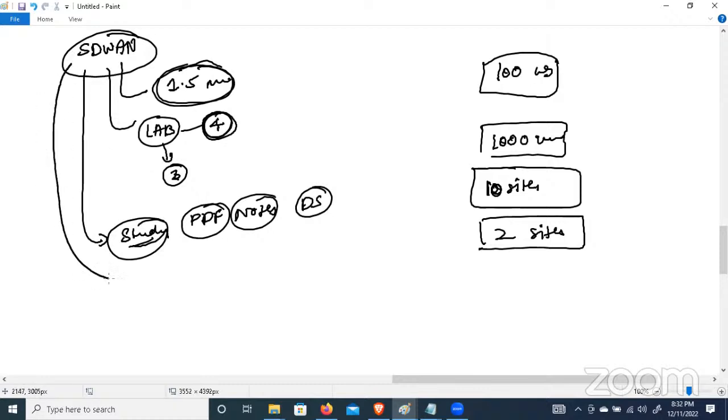Then the fifth option is: basically, if you want to do a lab, you can easily get lab access in your training session. If you are doing a training, in between training you can easily get the lab access. So we are